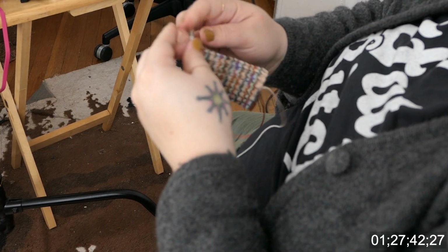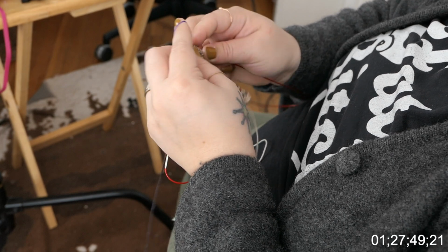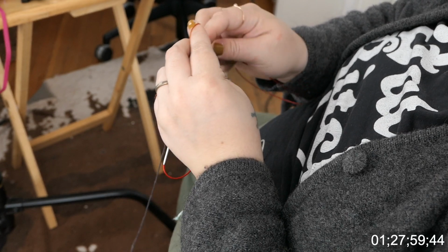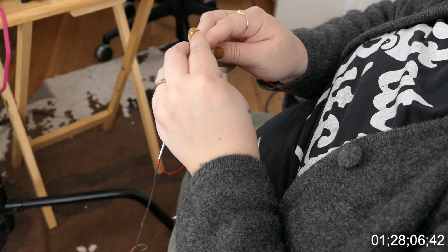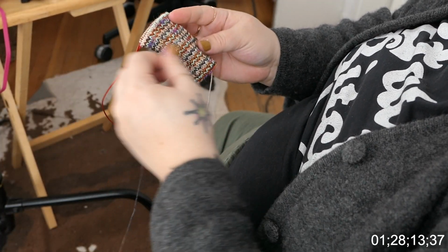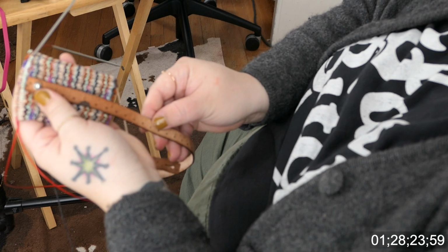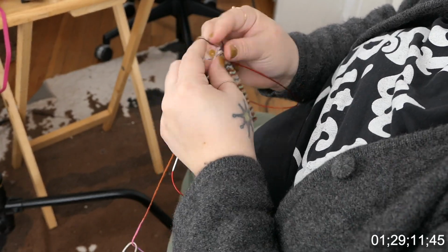So right here, I am once again making you sit through my painstakingly slow real-time knitting. You know, usually when I do purling, I don't pull my finger down that far, but on these tiny needles, I find it kind of difficult not to do that. But when I'm on bigger needles, I do what's called the Norwegian purl, which is a much smoother way when you hold your yarn in your left hand to do the purl stitch. And so there I am, indeed, at 3 inches. So now I can just start knitting